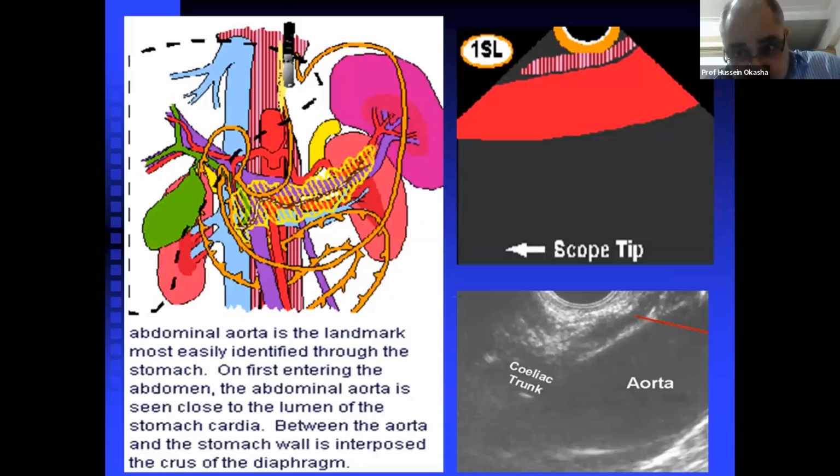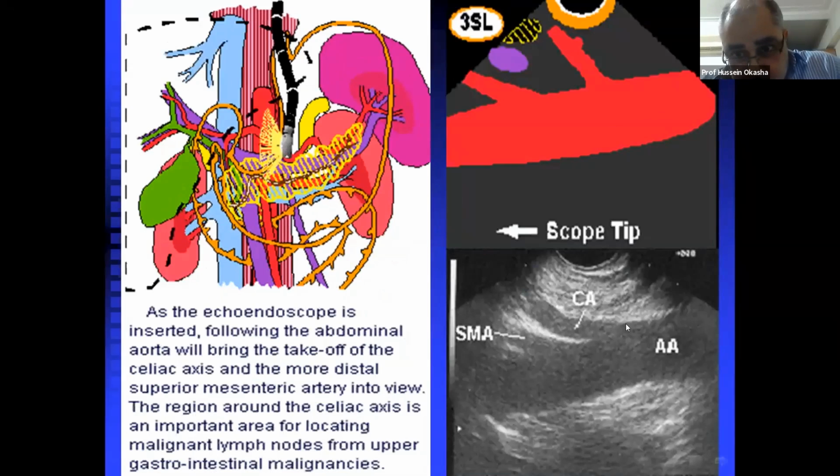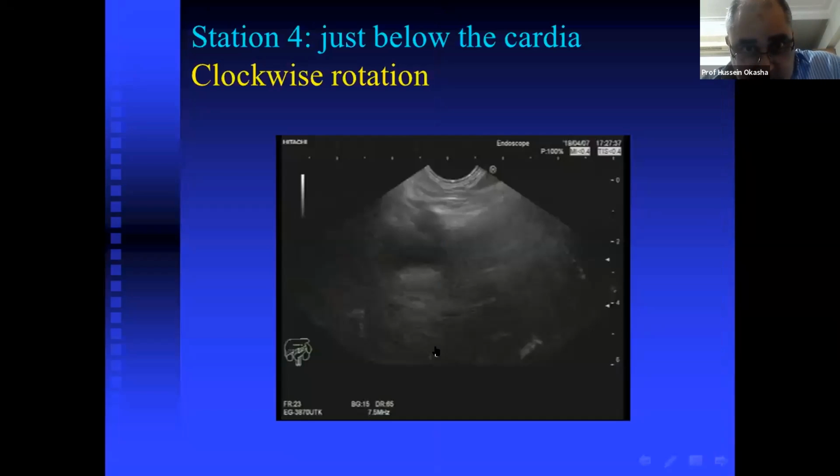I start just below the cardia, and I can find the left crus of the diaphragm, which is a thin fleshy part in front of the aorta. When I push the echo endoscope further downwards inside the patient, I can see the first big branch of the aorta, which is the celiac axis, and the second one, which is the superior mesenteric artery. And if there is a large third one, then it will be the left renal artery. Then let us see this